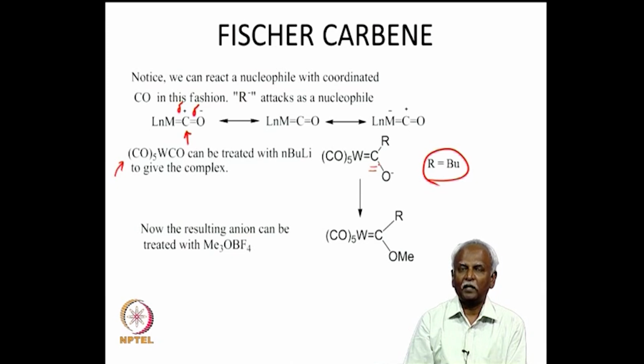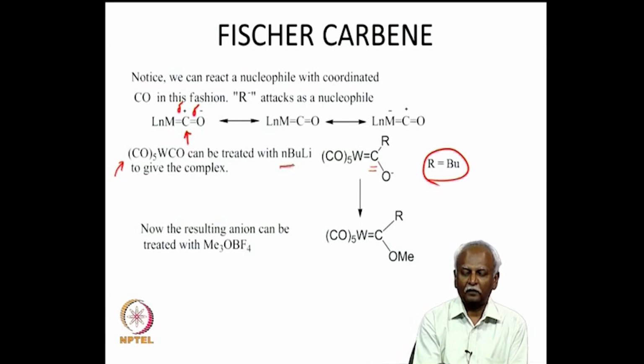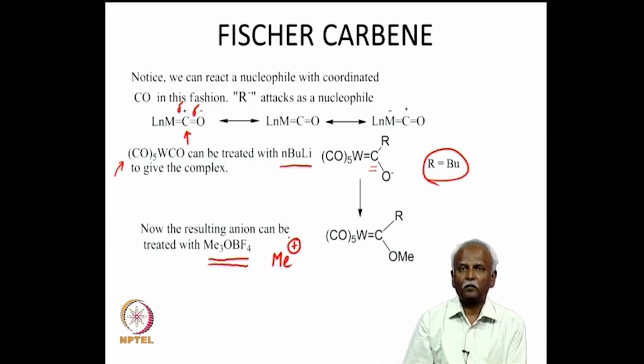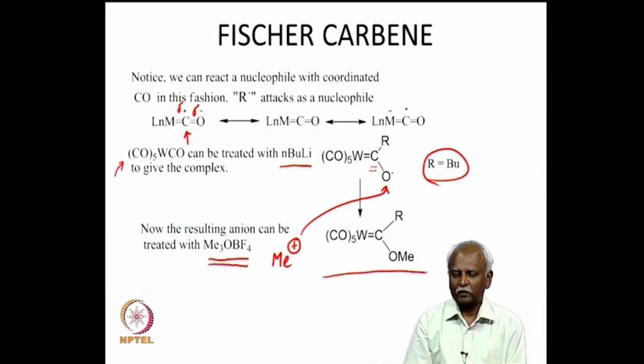So, you can have an intermediate in which the negative charge is pushed on to the oxygen and the carbon is attached to the R group or the alkyl group, which originally came from the alkyl lithium. So, you have a negatively charged species. You can now treat it with trimethyloxonium ion, which is a good donor of methyl cation, a convenient source for methyl cation. This methyl cation will now react with your O minus species, and so we form a new complex now,